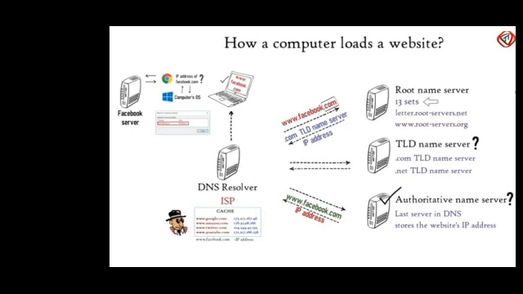Based on your DNS, if it is gmail.com, it will go to that authoritative Google server, and it will provide the IP address of the service which has the mail server, mail application. And if it is www.google.com, it will go to the web page related application, and it will give you the web page. In this way, you are able to fetch the IP address from the domain.